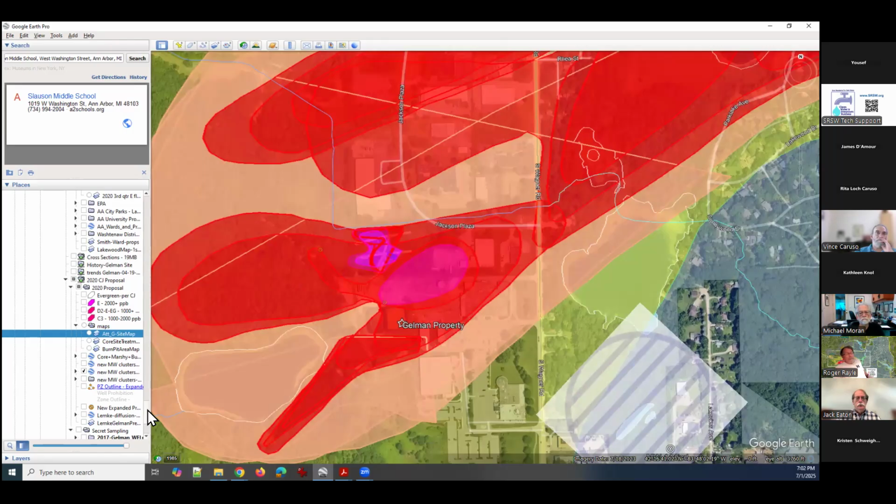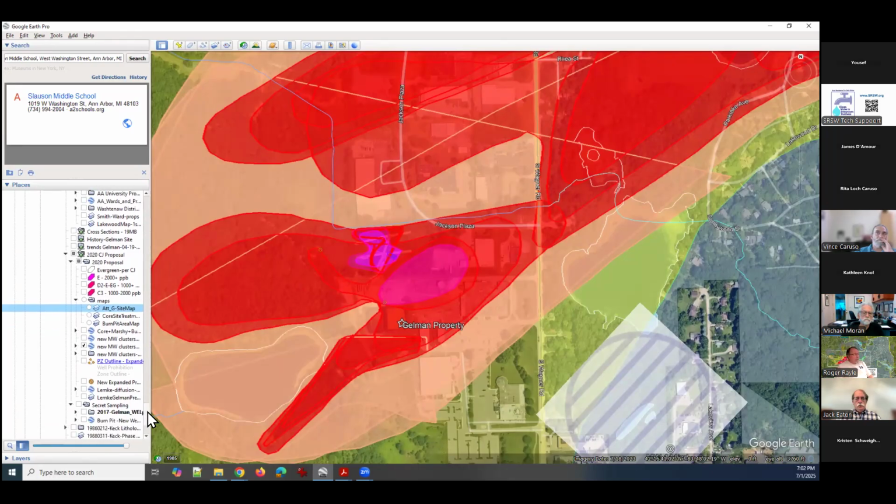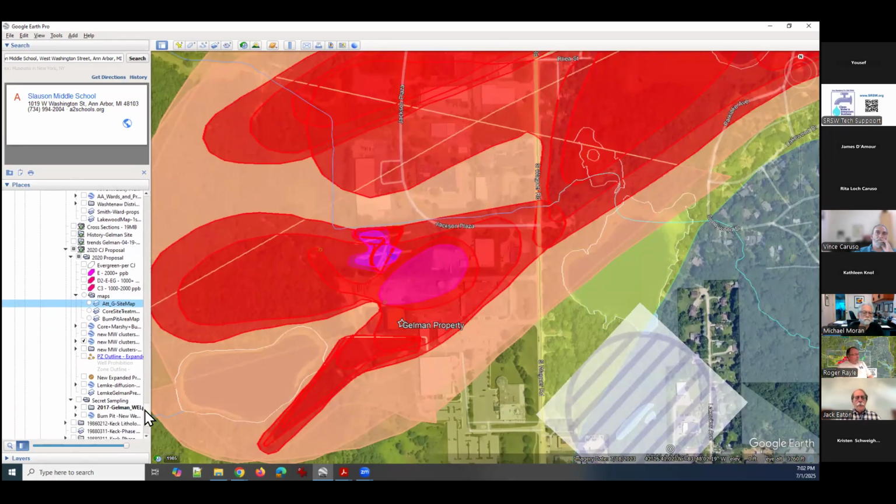And the thing that was disappointing about those other wells being shut down is they didn't do a final sampling of those before they shut them down. There should have been a final sampling on the day of the closures, but it didn't happen. But the fire well, or as it's called in one of the maps, the fire suppression well,